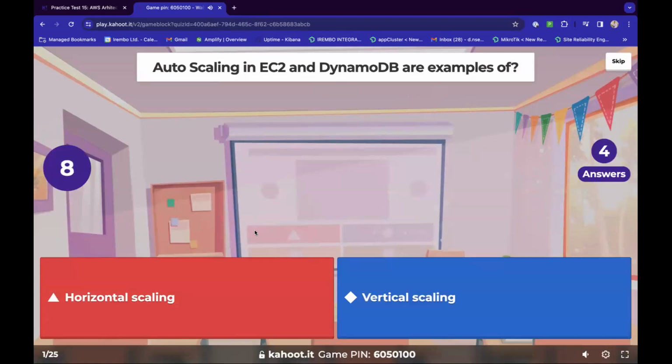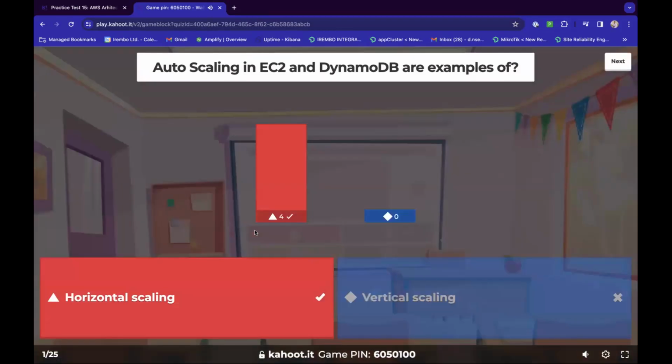Is it horizontal scaling? Is it vertical scaling? So auto scaling is an example of horizontal scaling, where we basically add more machines on top of the machines that we already had.